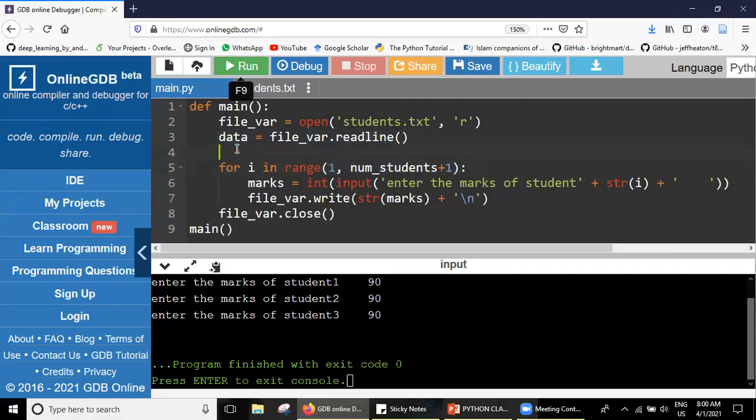Then what you can do is run a loop. For example, I can say a while loop. Yes, a while loop. And then what we need to check is what is there in the data. If the data is not equal to something like this. It's not equal to space.